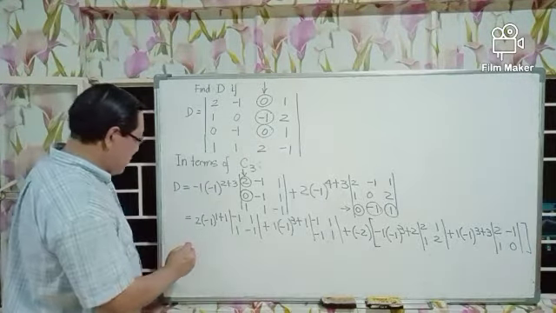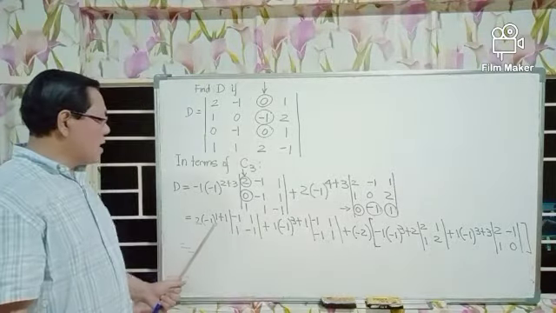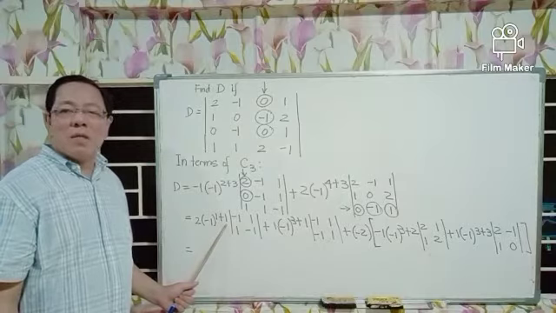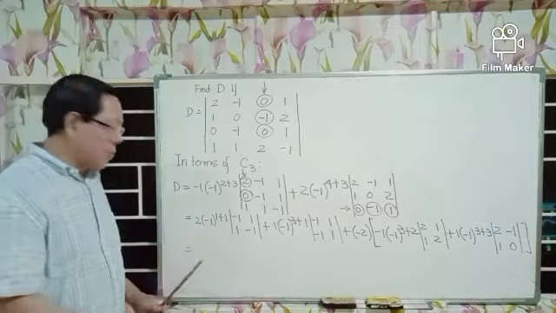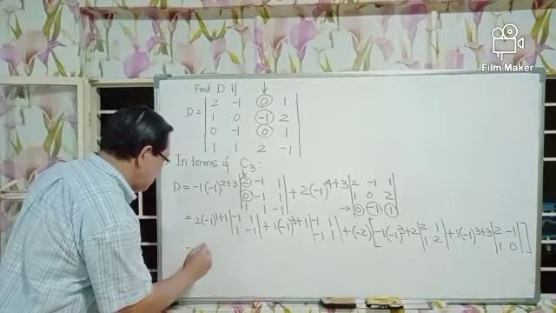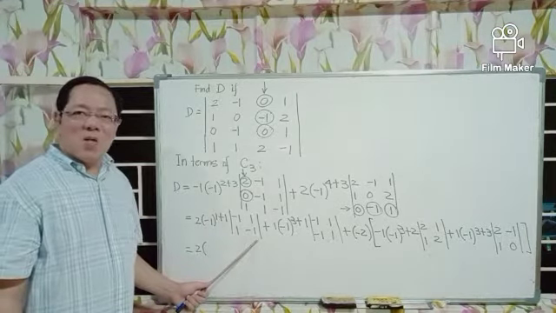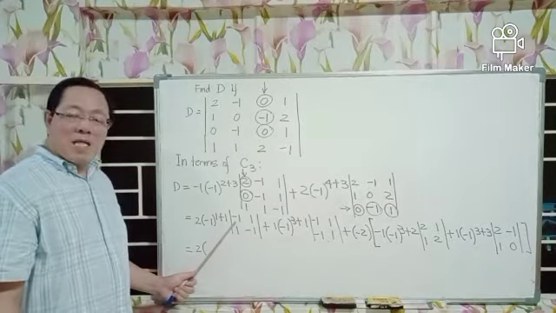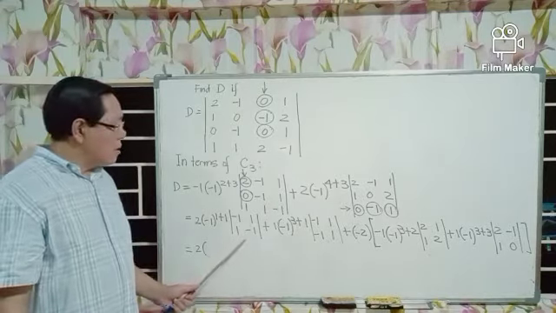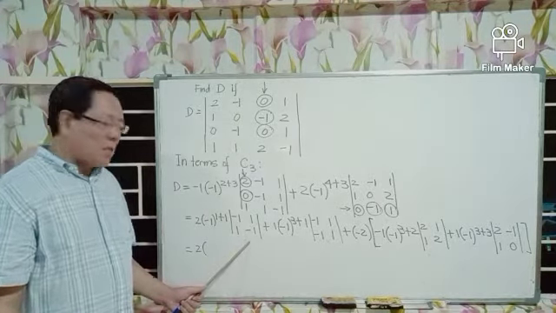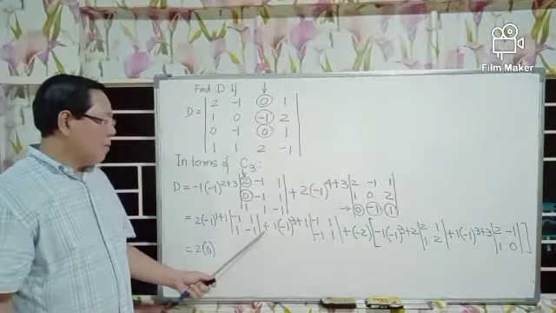We simplify. We have negative 1 raised to 1 plus 1 is negative 1 to the power 2, and negative 1 squared is positive 1, multiplied by 2 is 2. Multiplied by the value of this determinant of order 2, we have negative 1 multiplied by negative 1 is positive 1, minus 1 multiplied by 1 is 1. So we have 1 minus 1 is 0, multiplied by 2 is 0. Plus